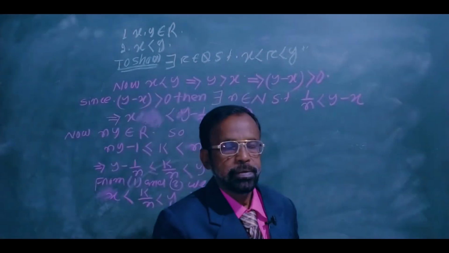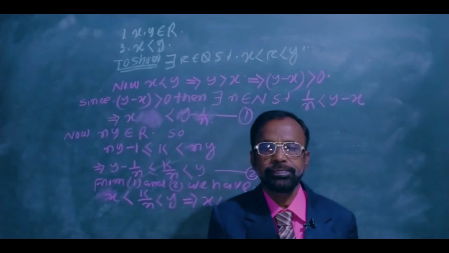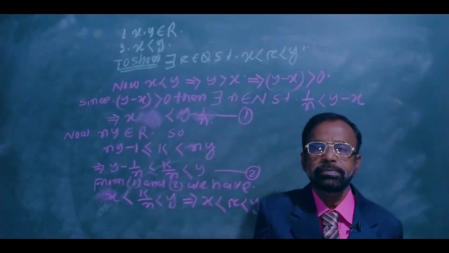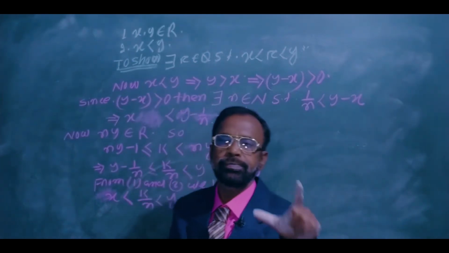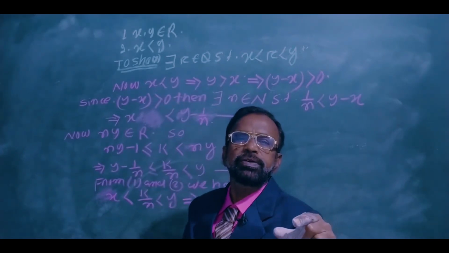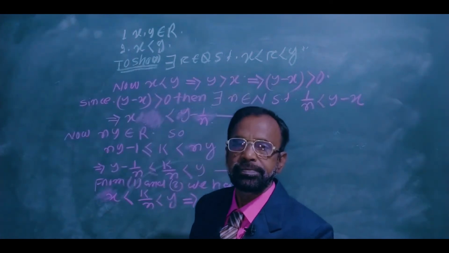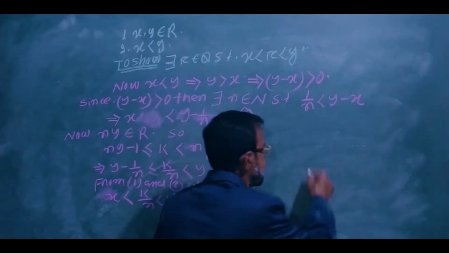Dear students, now we start what is the density property. Dense means ghancha. In between two, there must exist another. That means ghancha. This is linguistically. But how mathematically? Let X be a